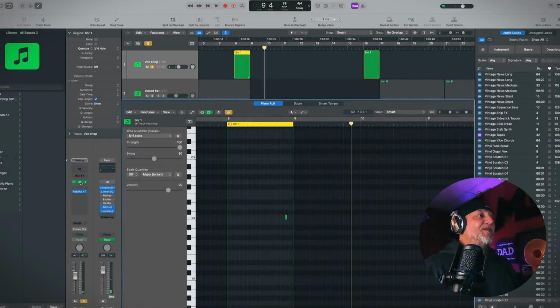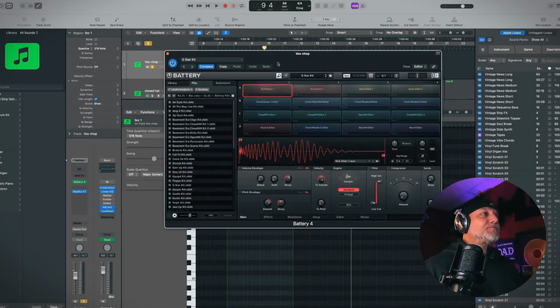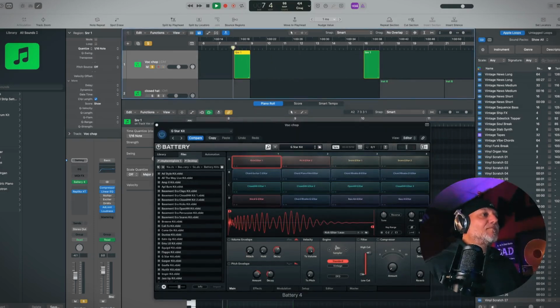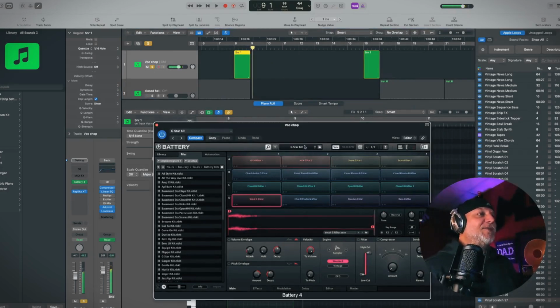So I found that vocal chop in Native Instruments Battery, one of the kits there, which I'm going to open up right now and show you. It's called Vocal G-Star. In the G-Star kit, which I believe is in the Basement